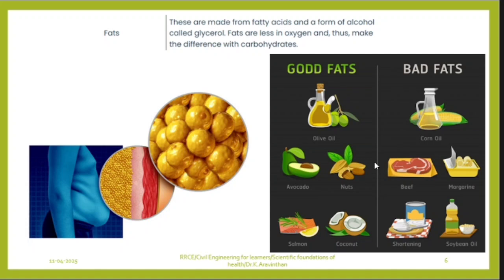Fats. Eat fats in different forms. These are all called good fats. Even almonds have fats, and in nuts, salmon, coconut, etc. These are all called good fats. What are called bad fats are those you take from animal sources. Meat is an animal source. Milk, butter, ghee are all animal sources. Vegetable oils are called good fats, and soybeans, etc. These will form a layer like this in your stomach.